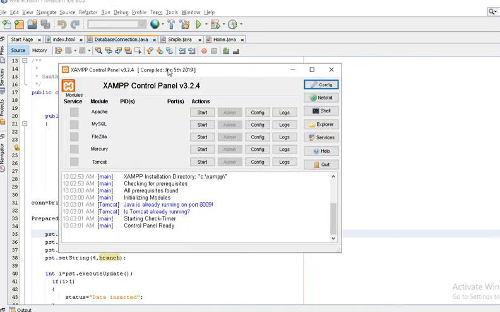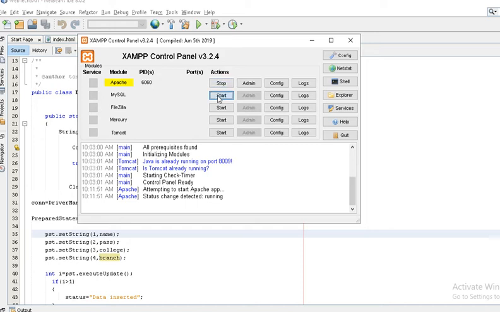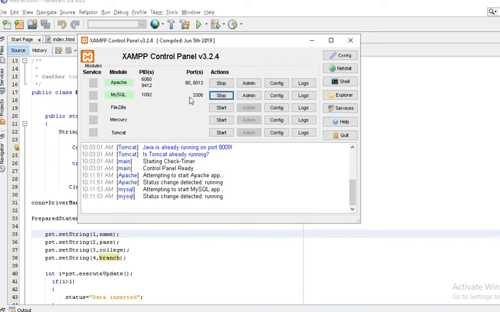This is the XAMPP admin panel, or you can say the control panel. We need to start the Apache and the MySQL both, right? So a port number is assigned to the MySQL database. Let's go to the admin panel of MySQL.